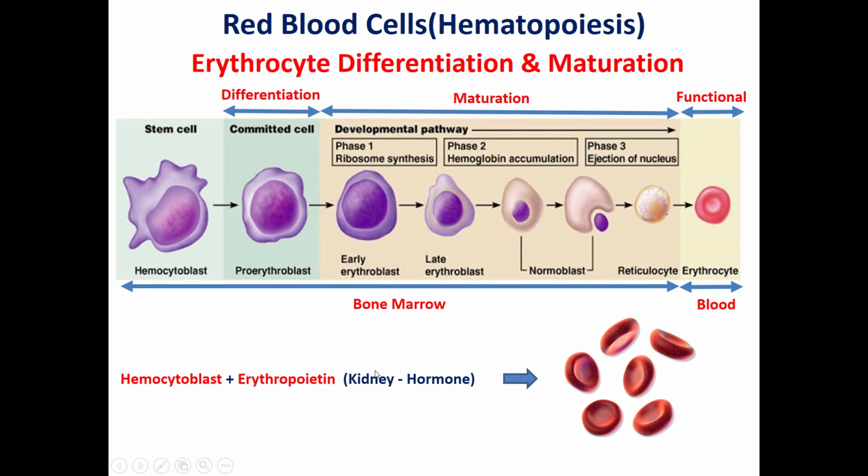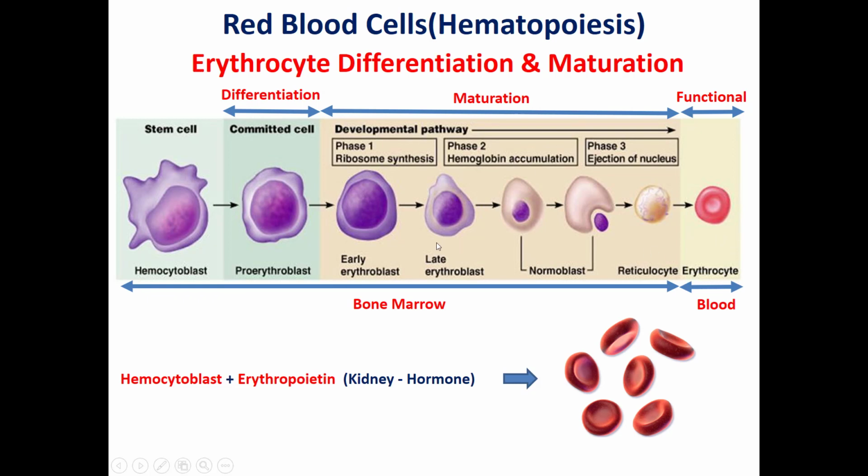We have a hormone which is secreted by the kidney. This hormone is known as erythropoietin. This erythropoietin acts on the hemocytoblast and makes it differentiate into a proerythroblast. This phase is called differentiation. This is done inside the bone marrow. The second phase is the maturation, as we can see here. This also is done inside the bone marrow. Then when it becomes functional, it becomes an RBC or erythrocyte, which is released into the